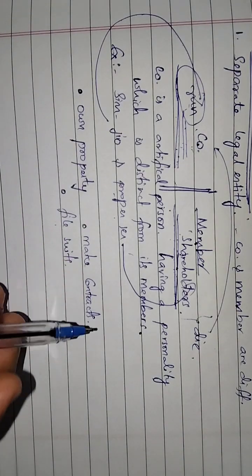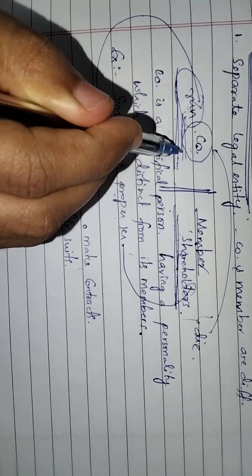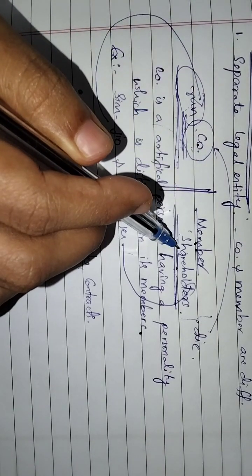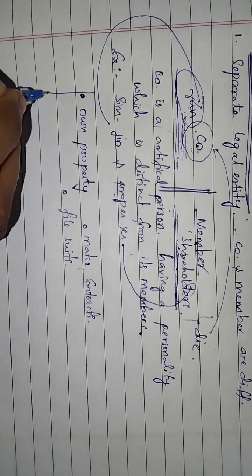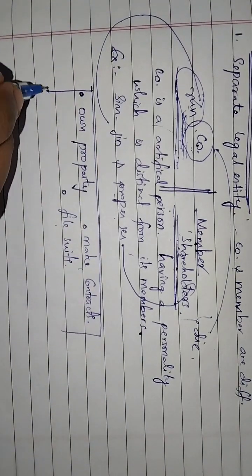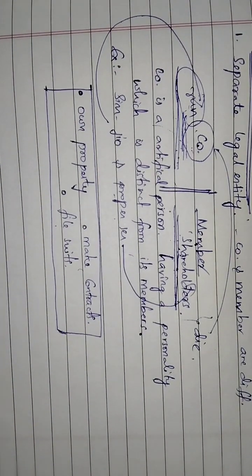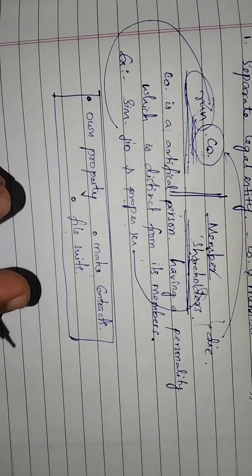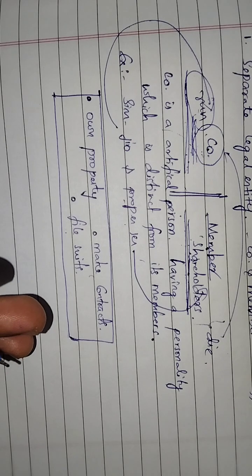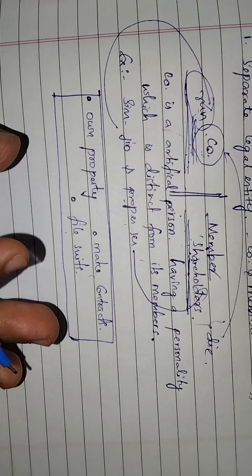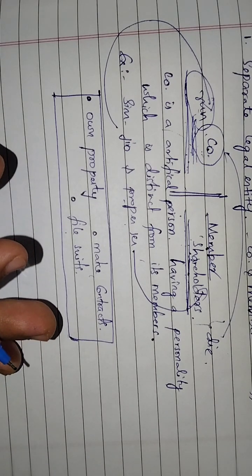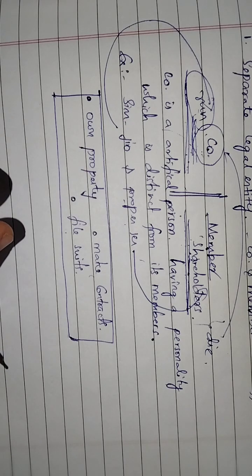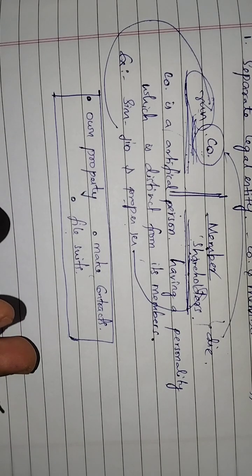It can even file suits in its own name, only with the name of the company, not with the name of the shareholders. This can be done by the company. In real sense, the members are just the owners of the company, but it is ultimately managed by the directors who are elected representatives of its members, because it is absolutely necessary for it to have a human agency called the board of directors. The board of directors runs the company.